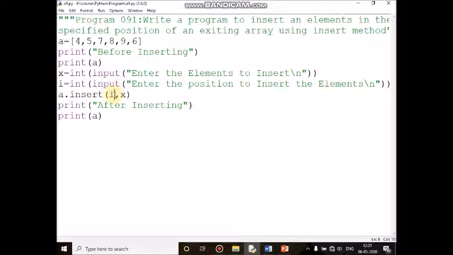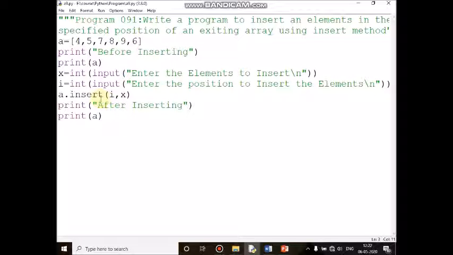Okay, a dot, the array name, dot, the method is insert. Which position am I going to insert? The two parameters are there. Which position? That is the i value, that is 4. What is the element going to be inserted? That is 15. Okay. Fourth location means A of 0th location, A of first location, A of second location, A of third location. After 8, the 15 will be inserted. The rest of the elements will move to n plus 1 position, that is, fourth to fifth location and sixth location.